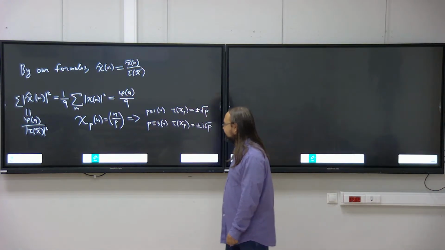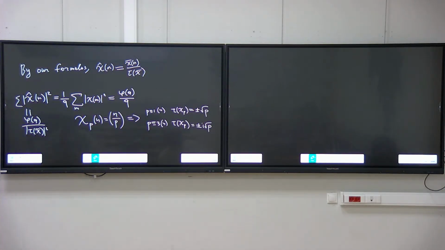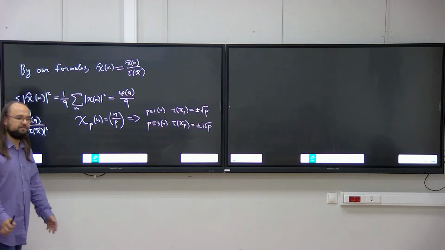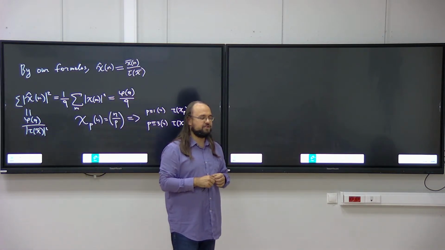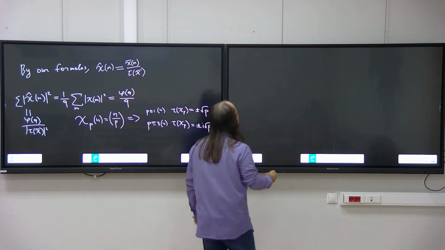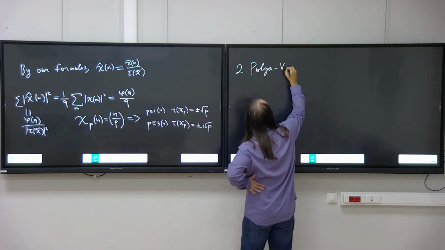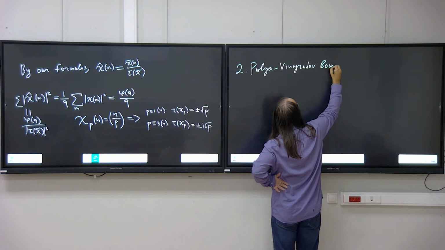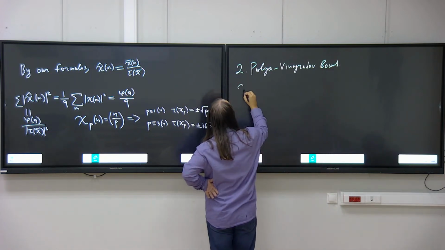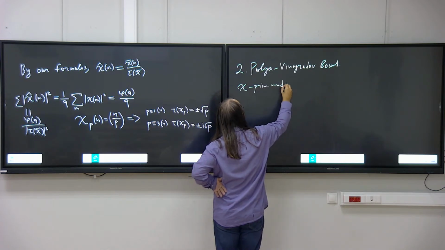Okay, now let us use our Fourier expansion to prove something non-trivial. First of all, let us establish the Pólya-Vinogradov bound. This will be very fast. Pólya-Vinogradov bound. So suppose you have chi primitive modulo q,